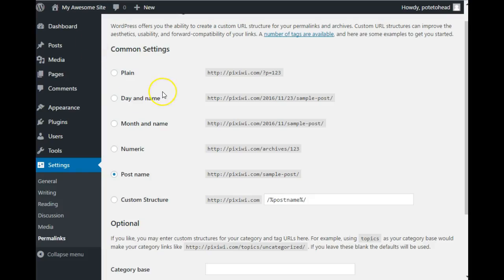So this is how general website settings work in your WordPress dashboard. In next videos, I will be also explaining more detailed information about what is all that and how you could use these things to